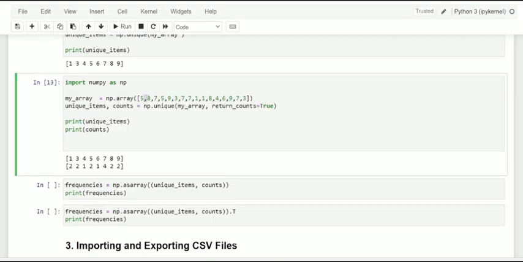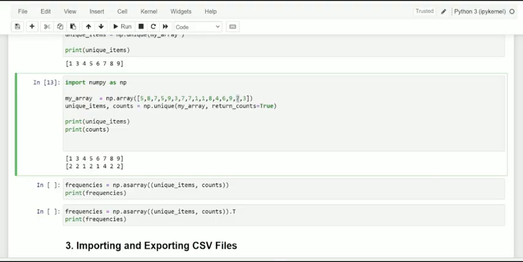And when coming to the value 7, it is occurring 4 times: the first occurrence, the second, the third, and of course the fourth occurrence.